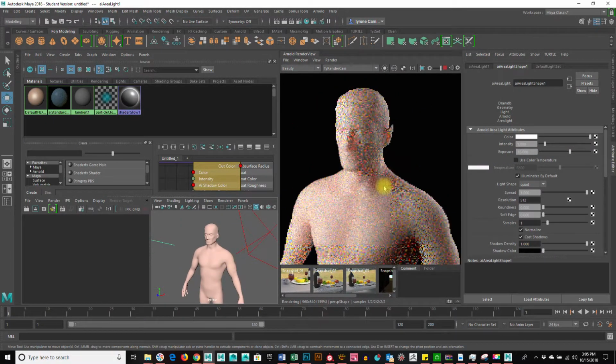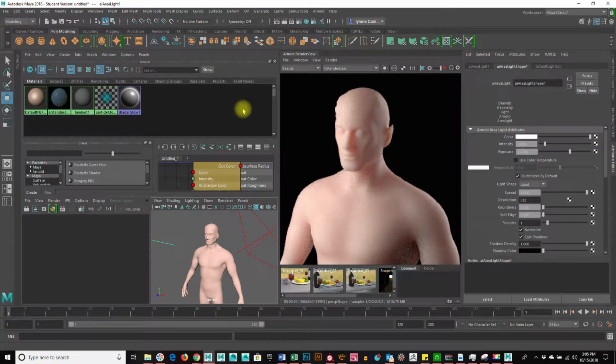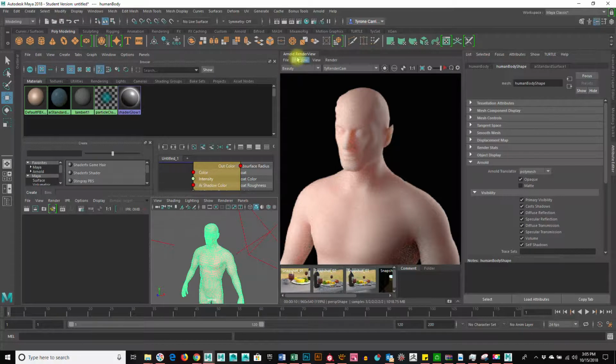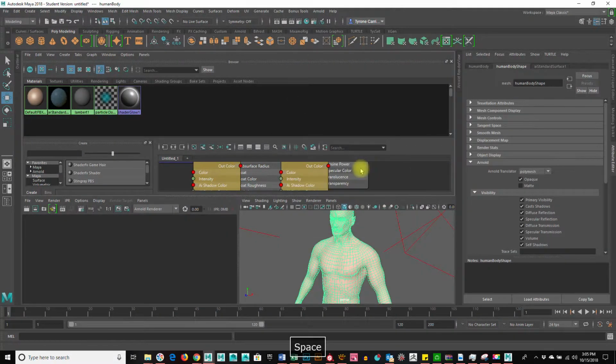Okay. So we've got this, right? He's not that impressive, you know. No offense to him, but he looks like some sort of weird little plastic toy, right? So I'm just going to pause that, but I'm going to show you what the normal map and the displacement map does. So when I go into that material,